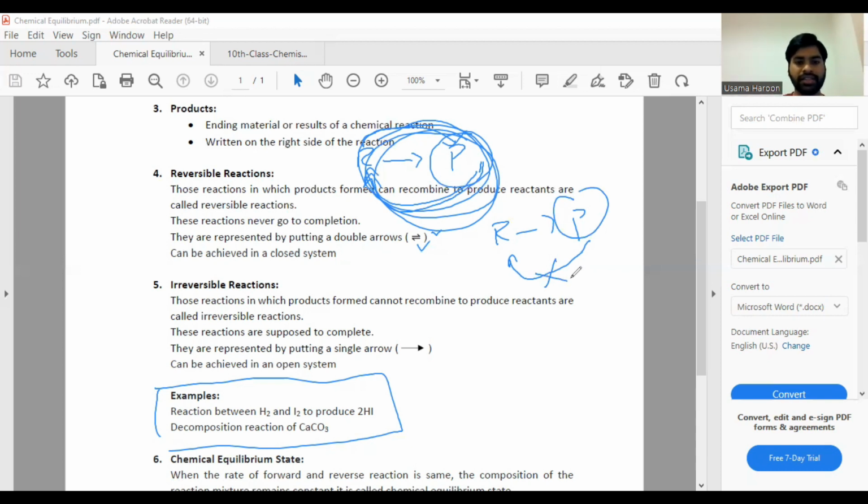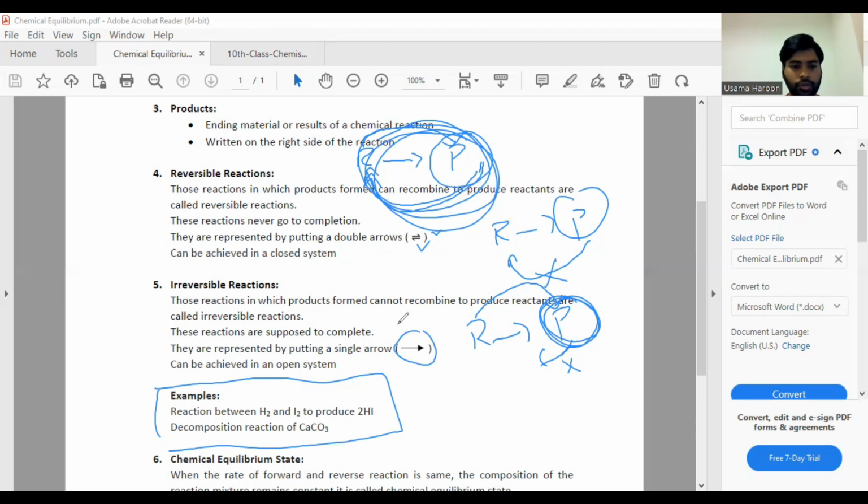So that is why these reactions go to completion. Why? Because reactants can only produce products, and the products cannot be converted into the reactants. So at the end of the reaction, all of the reactants will be converted into products and none of the reactants will be left behind. So that is why these reactions go to completion. They are simply represented by putting a single-headed arrow, as I've shown, and they can be achieved in an